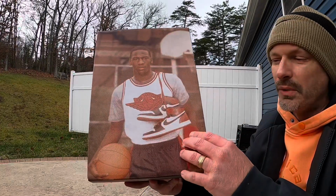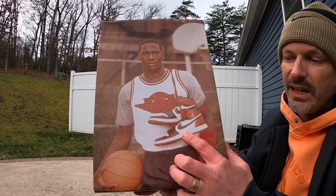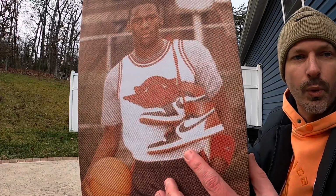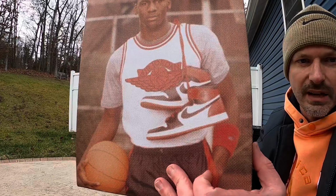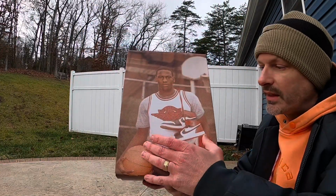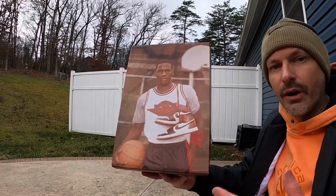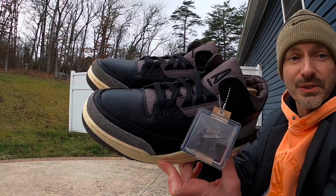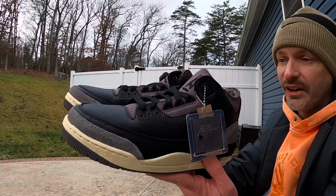For anybody not familiar with the story, this is the picture I was referring to, and this is the Black Toe Jordan 1 High that had the Air Jordan verbiage on the side instead of the Wings logo. But I just love it when they have a theme like this and you can easily identify the storytelling on the shoe. And then last but certainly not least, I have to bring out these A Ma Maniére While You